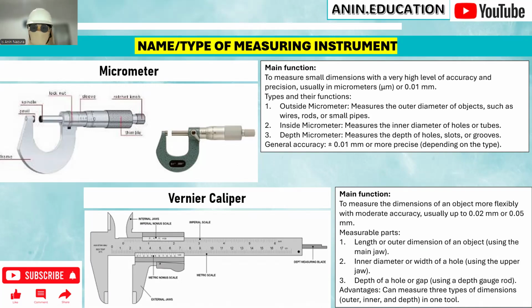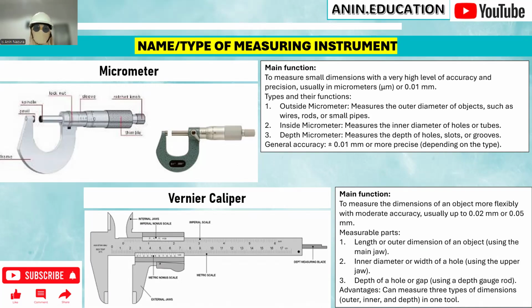Inside micrometers measure the inner diameter of holes or tubes. And number three, depth micrometers measure the depth of holes, slots, or grooves. General accuracy plus minus